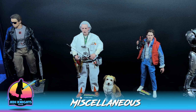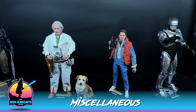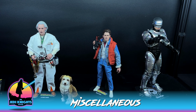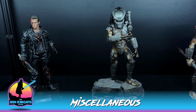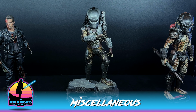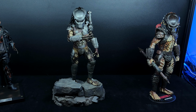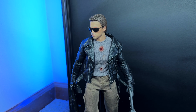So moving on, we have kind of the miscellaneous figures from different 80s and 90s movies and stuff like that. Obviously, I don't have as many of these. I have sold a couple off, but Hot Toys doesn't make as many of the miscellaneous franchises as well. So let's just jump into it and take a closer look at what we have, and we'll start with Terminator